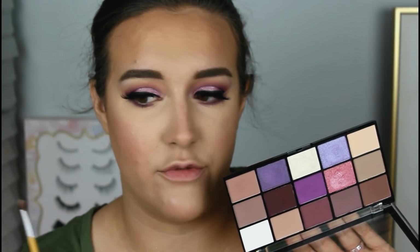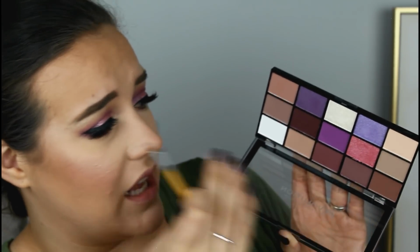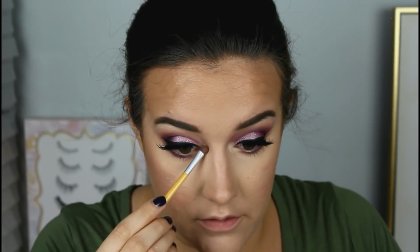This eye look though, I'm obsessed. I love this palette. And honestly, you could do a lot of really everyday looks with this palette too. You get some really solid standard mattes, and there's only these 2 bright shimmery purples, this purple and that pink, and everything else is pretty neutral. So I like that too, that I can use this on an everyday basis without feeling like I have to dig into the purples if I don't want to. Or I could do a purple and pair it with a lot of good neutrals, so I don't have to do all the purples like I did today